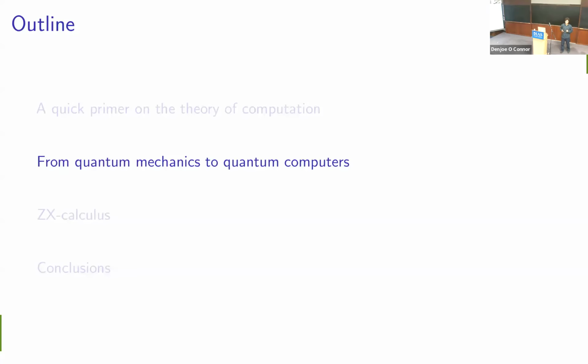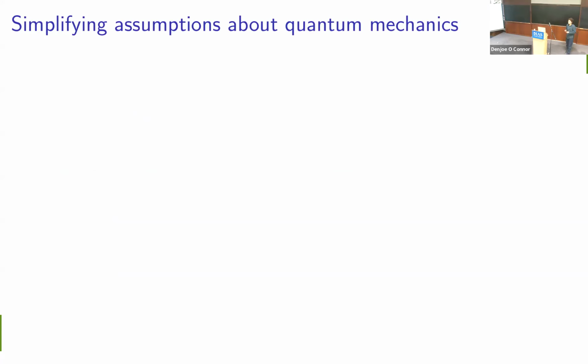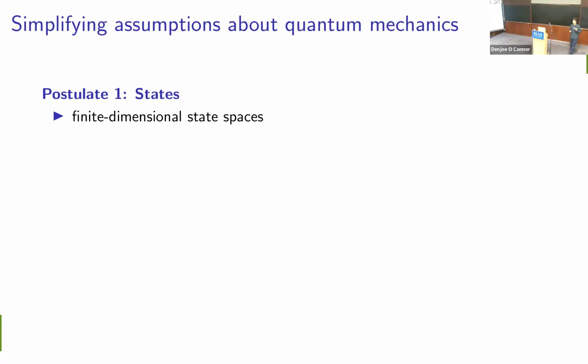Okay, so now let's talk about actual quantum computers. One of the nice things about working in quantum computing, having previously taken a standard introduction to quantum mechanics course, is that a lot of the things that are difficult in quantum mechanics we can just ignore when we work in quantum computing. In general in quantum mechanics, we spend a lot of time working with infinite dimensional systems, so there's a lot of calculus involved. In quantum computing, our states are usually finite dimensional. In fact, we most often work with qubits, which are quantum bits. So they're two-dimensional systems. I'll go into that in a bit more detail in a moment.